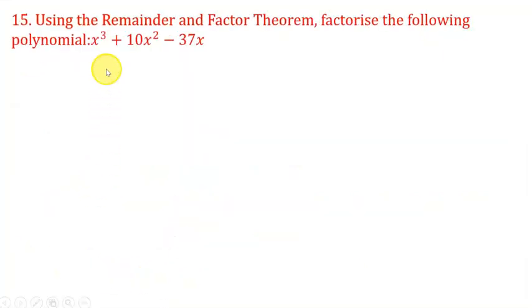Now next example, again using the remainder theorem and the factor theorem, factorize the following polynomial x cube plus 10x square minus 37x plus 26. Now here again the factors of 26 are plus or minus 1, plus or minus 2, and plus or minus 13. First we'll check whether x minus 1 is a factor, and for that